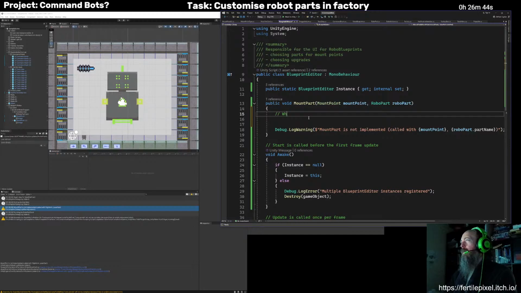So we have here like what is selected. Where's its blueprint? Blueprint. Okay. And who am I? What's going on?